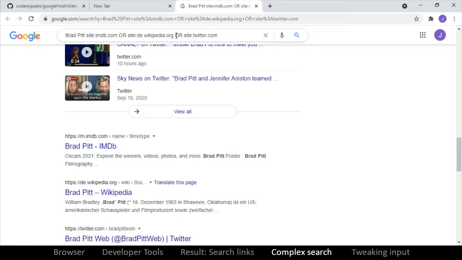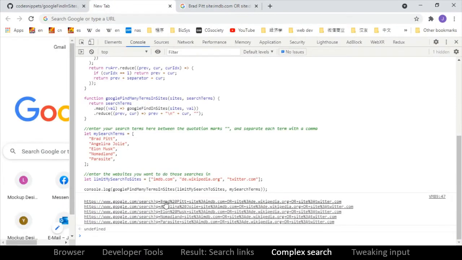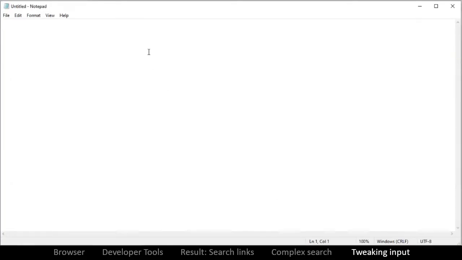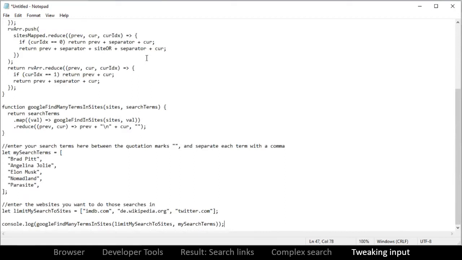It's a bit tedious to always write "or", "site", and so on. That's why for 200 terms it is much easier to just generate a link like this. To adjust it to your own needs, you can easily change the search terms over here and the sites down here. Let's copy this again to a text editor of your choice